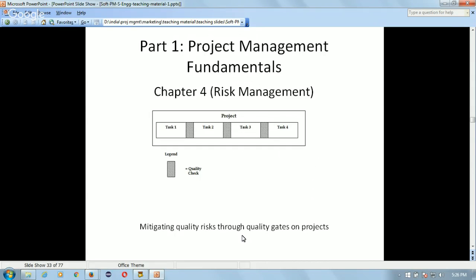Then one more alternative for risk management is providing a quality check. After completion of each task, or say before completion of each task, like task one has been completed, but task two is dependent on task one. Like the input says task one is software design, and task two is construction of the module which was designed